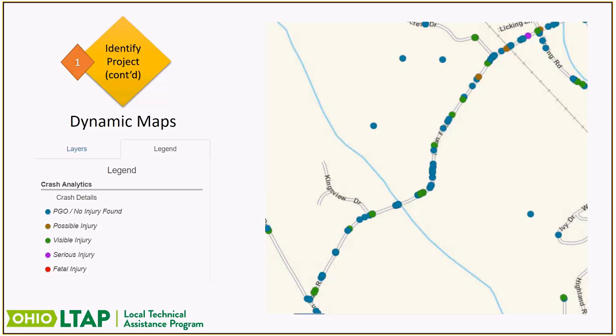One thing that was important to note when we were out doing this RSA is that you'll see the levels of severity on the left: the fatal injury, serious injury, visible injury, possible, and the color codes. There were quite a few crashes through this area, and specifically that curve that you see dipping down to the right in the middle, that were occurring that actually never even got reported.